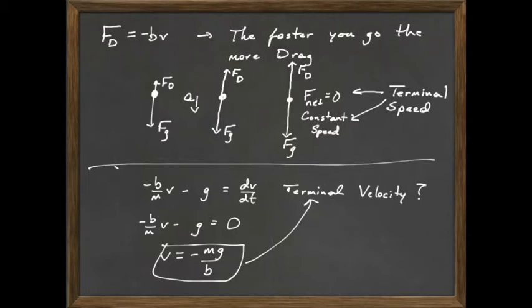Now I'm going to go through and do one example of how you would actually solve this out. What if it wasn't at terminal velocity? How do we actually find the equation for velocity for this falling object? So now we're going to actually do the calculus. One of the processes you're going to use for this is known as separation of variables, because